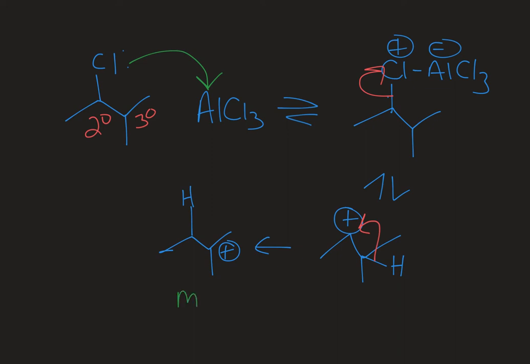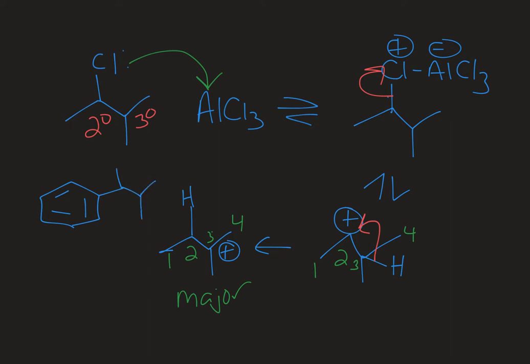The major would be the one that is more substituted. So let's number on this original compound. So 1, 2, 3, and then 4. And then I'm just going to keep the numbering the same. So you can see that the place where the carbocation is has changed from carbon 2 to carbon 3 as I've drawn it. So now you can imagine that the two possible products I would get